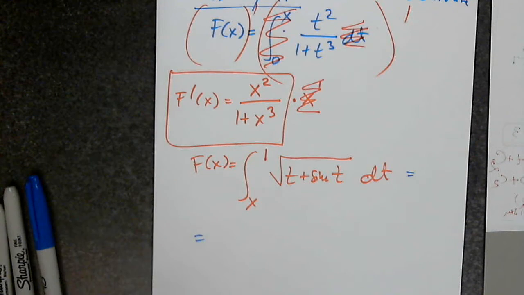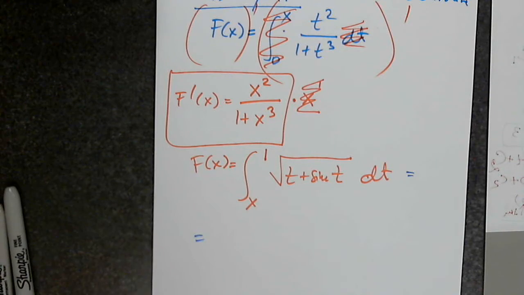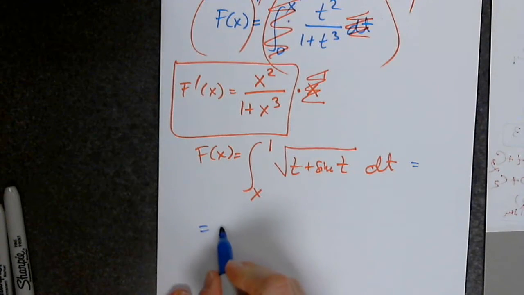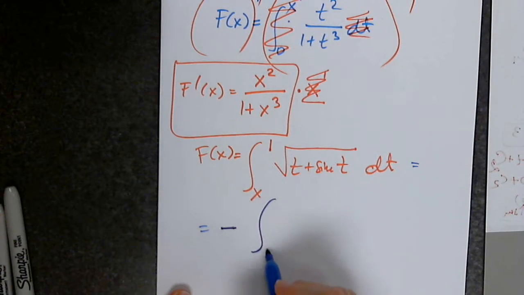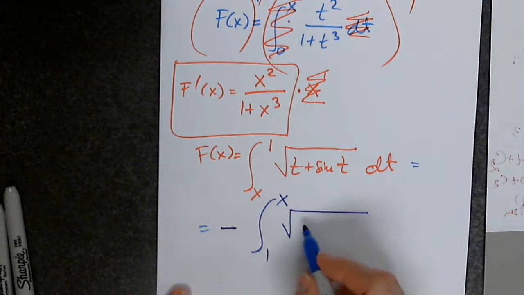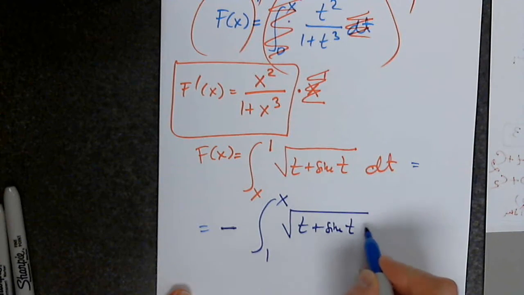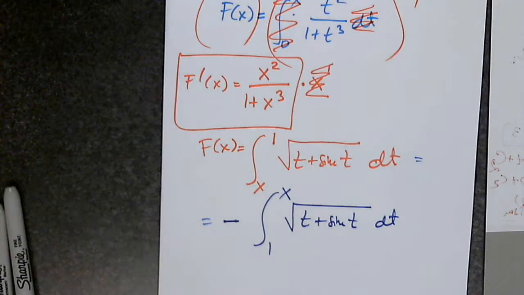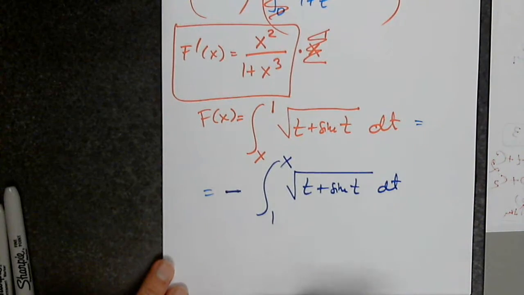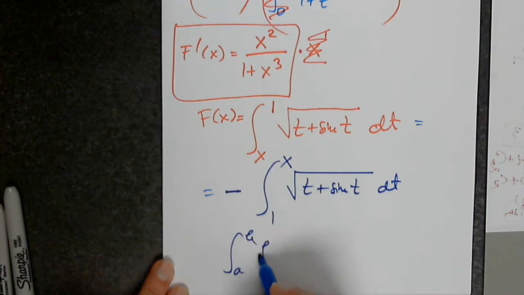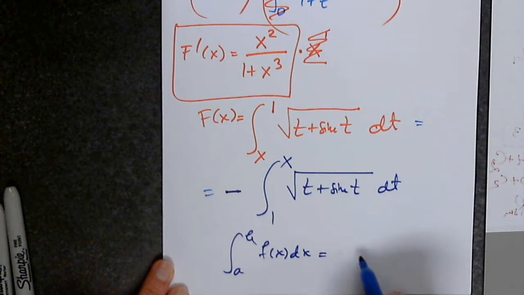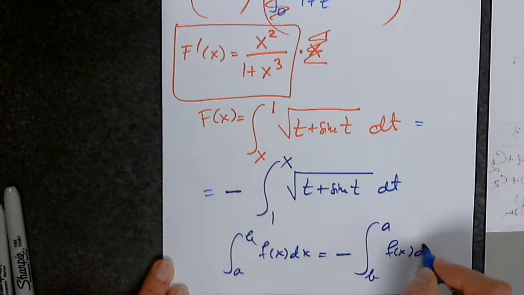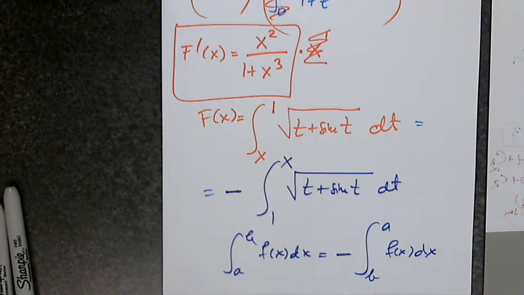I have no choice. I have to reverse them. So what happens when I do that? Is it 1 over the square root of t? One of the properties that we discussed: the integral from a to b of f of x dx is the integral from b to a of f of x dx, with a negative sign. So I had to